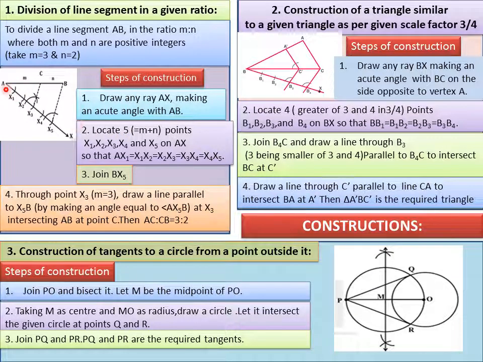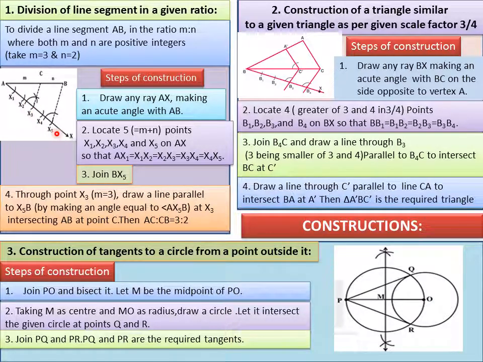Then on this AX we are required to mark x1, x2, x3, x4, x5 at equal distances. So why x5, why only 5? Here the given ratio is m equal to 3 and n equal to 2, that is 3:2. So the sum of it is 5. m plus n is equal to 5, 3 plus 2 equal to 5. So that's why we are required to divide this line AX, which is at an acute angle with AB, with